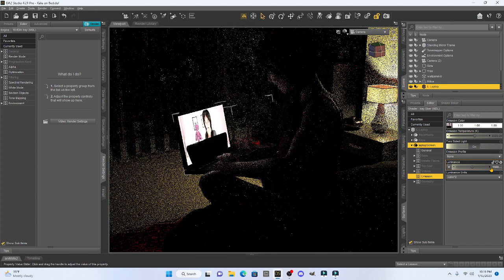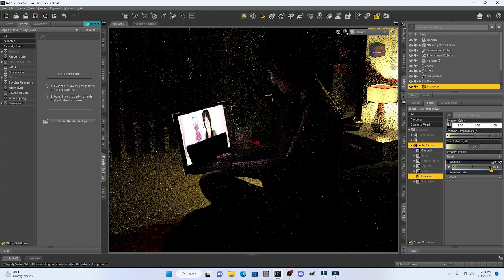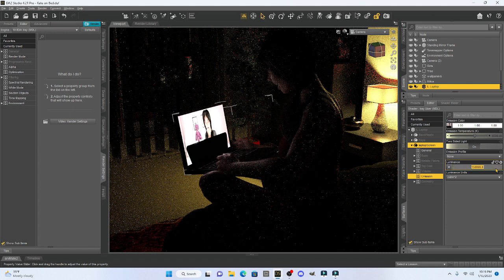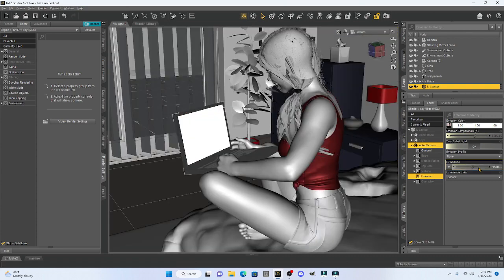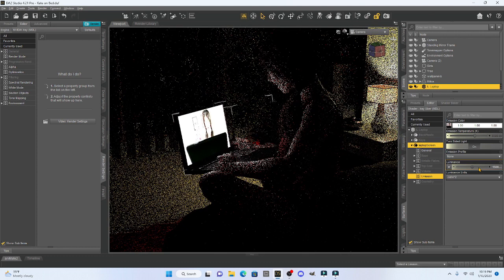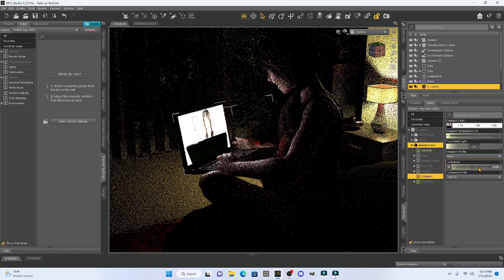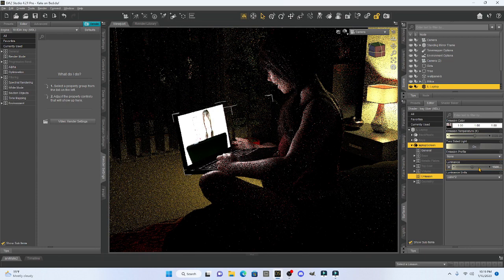So you can see as the image progresses that I now have some more light on my girl's face and hands. I think it needs another one. So let's go from 150, we're going to add another 0. Do 1.5 million lumens. Let's see what this does. Okay. Now, see, I like this. As the picture progresses here, you can see that my girl's face is illuminated really well, but